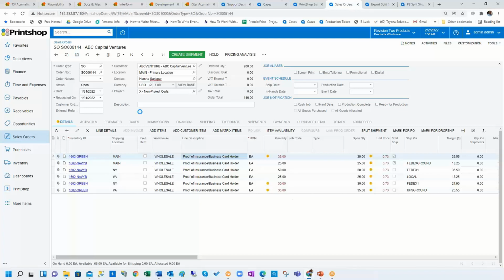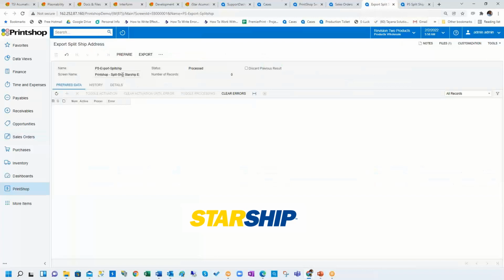And also, as I said, we have integrations with shipping service providers, to whom you could export the data, and they can import it, because the data that is exported through this process screen is always in the format that is required by the Starship third-party integrator. So you could export the file with the data, and they could import it and create shipment